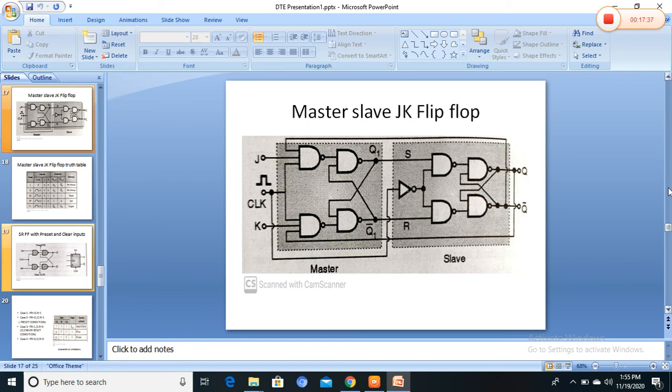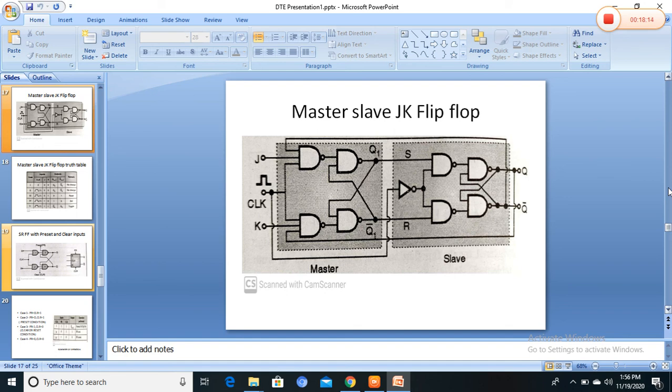This means at only one time the master is active, at another time the slave is active, and this slave output we connect as an input to the master. So the master does not respond to change its outputs when the clock is 0, because the master is inactive in that case. So we avoid the multiple togglings which lead to the race round condition. The master slave flip-flop will avoid the race round condition.